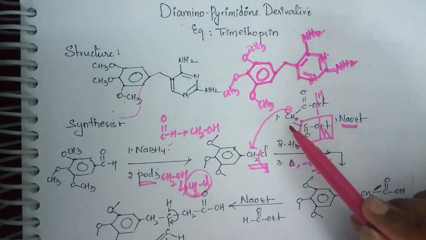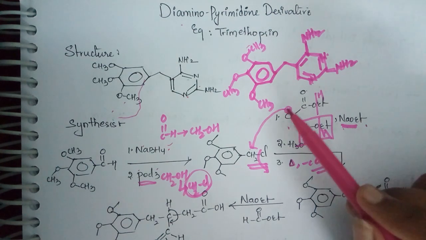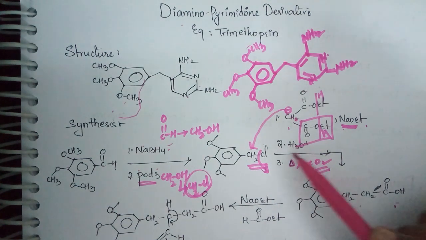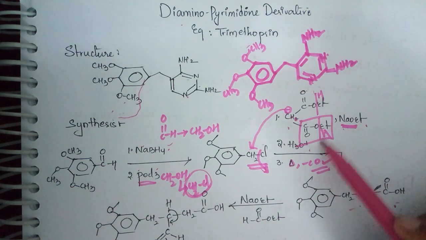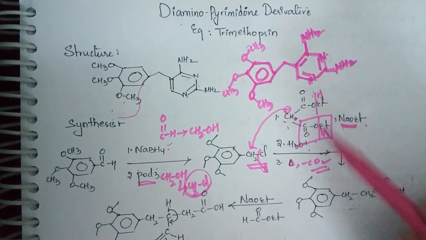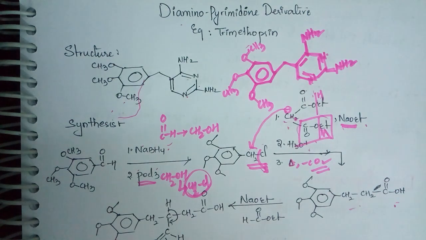First, when you treat with diethyl malonate, in the presence of NaOEt, one of the hydrogens is removed, this will come and attack, removal of chlorine. Later when I do hydrolysis, esters are converted to acid. 2 acids on 1 carbon is highly unstable. So when I heat it, one of the acids is lost in the form of carbon dioxide. You will get this structure.